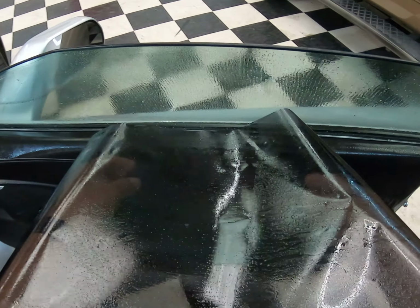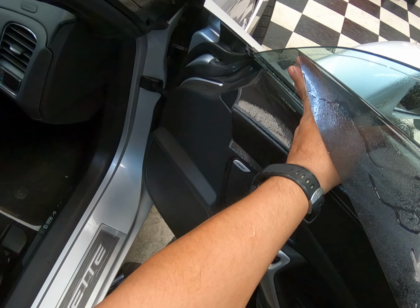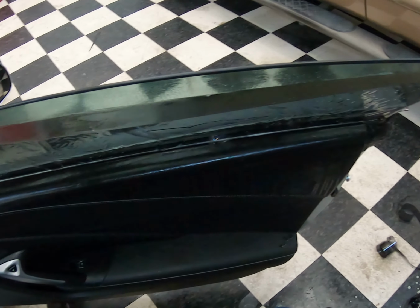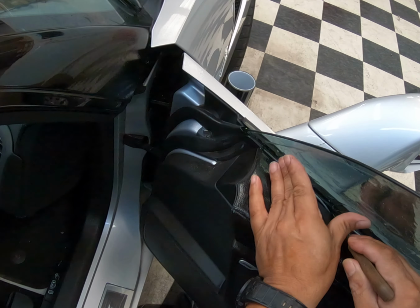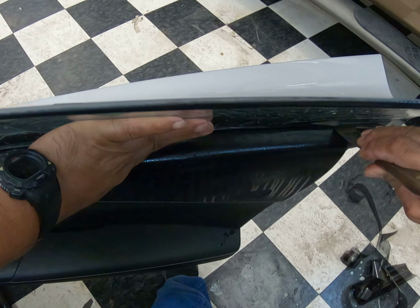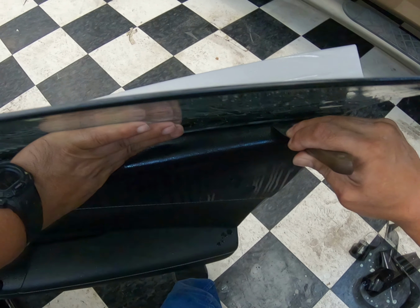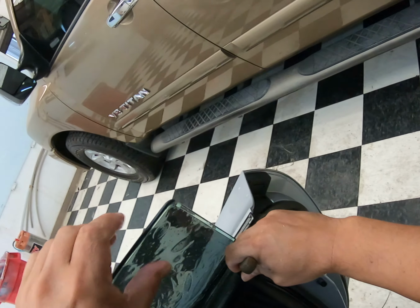Okay, let's go ahead and do this right there. Use plenty of slip so you can do this MacGyver maneuver that we're going to do right now. Okay, so one of these, very thin, but we're going to open this up, scoot the film on below, the whole shebang. And you're set. Now just go ahead and